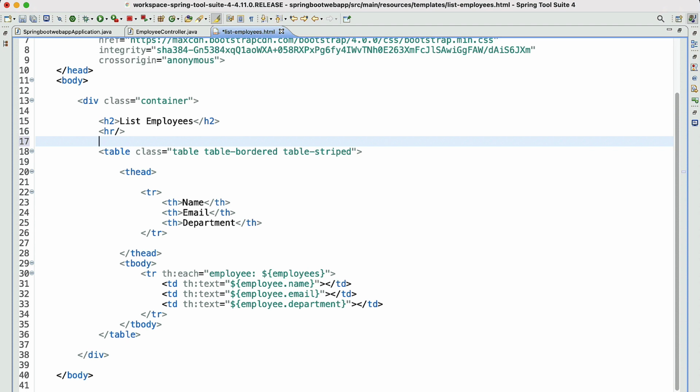Actually, we are going to create the anchor tag. Let's add the text add employee, and we're going to make use of the attribute href, and we're going to make use of the link URL expression to provide the URI, @ within the curly braces, /add-employee-form.